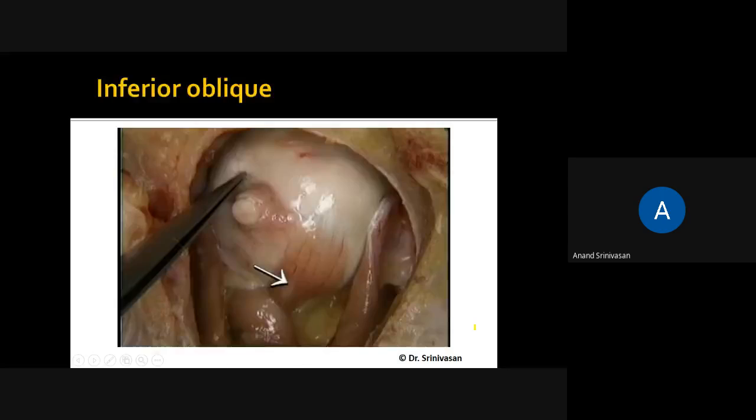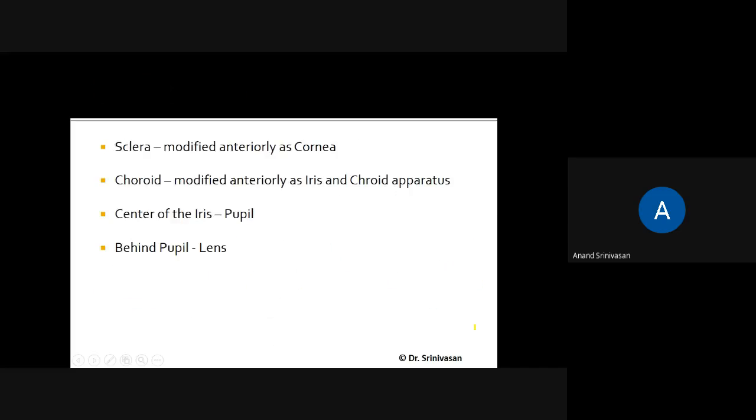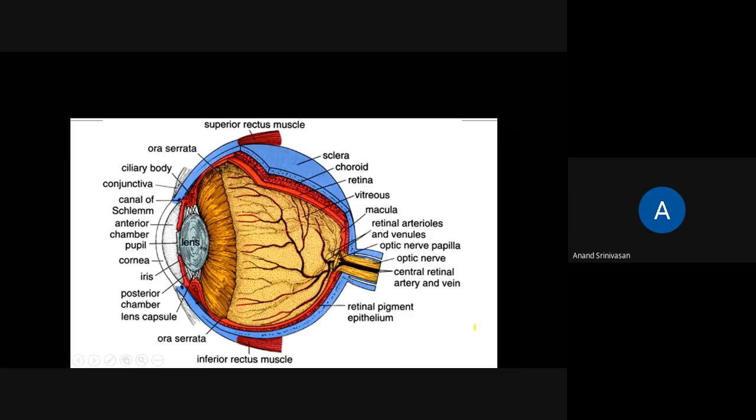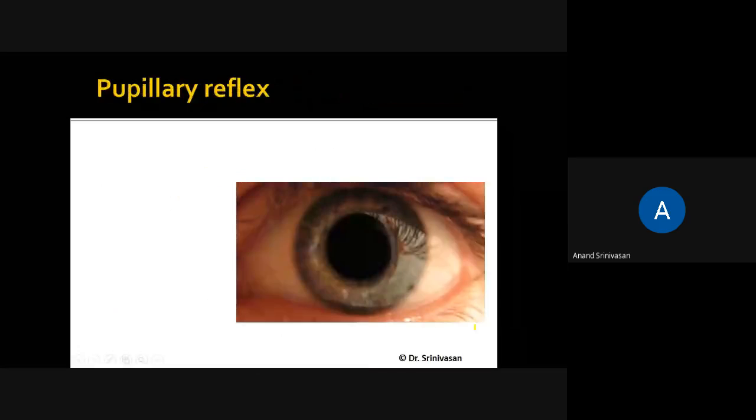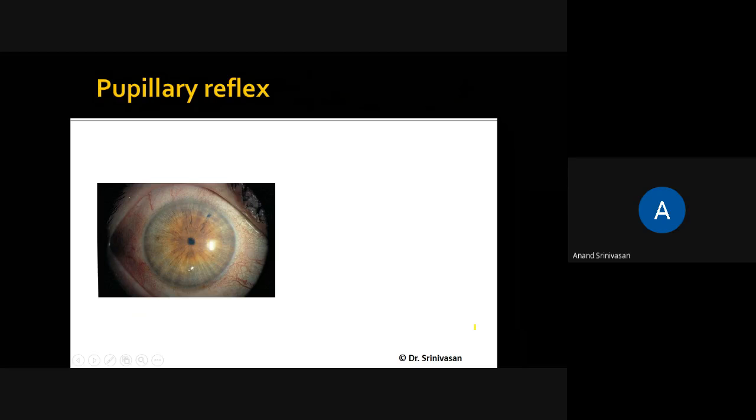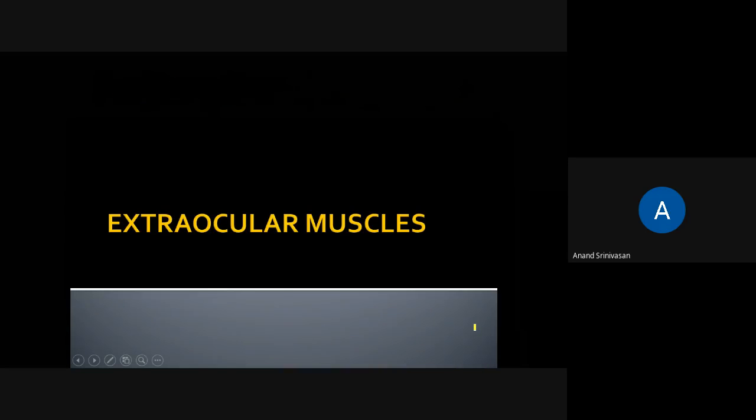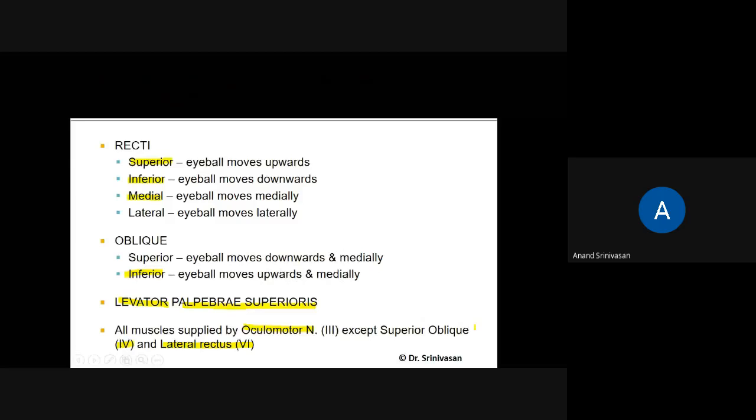So in today's class, you know about the orbit, the eyeball, the three layers of the eyeball, the sclera, choroid and the retina, the iris and the pupil. Where is the lens located? The dilatation and constriction of the pupil. What does a pinpoint pupil mean? What does a fixed non-reactive pupil mean? The extraocular muscles, the 4 rectus muscles and the 2 oblique muscles, and the levator palpebrae superioris, their action and